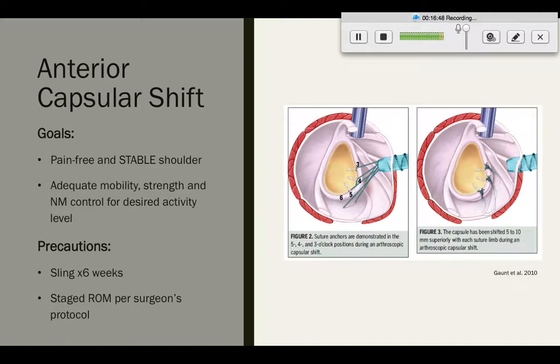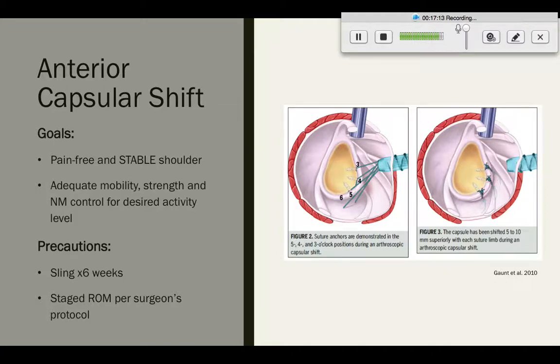Common precautions: sling for about 6 weeks. The biggest rehab guideline following this surgery is staged range of motion. So these patients typically have a lot of range of motion going into surgery. I mean, that's why they have instability, right? So it's not necessarily going to be very hard to gain their range of motion afterwards, but we have to